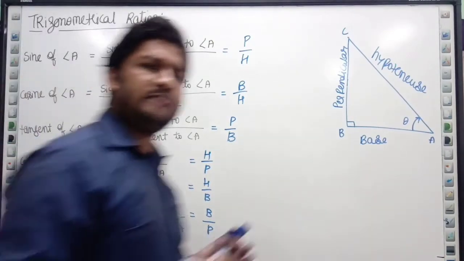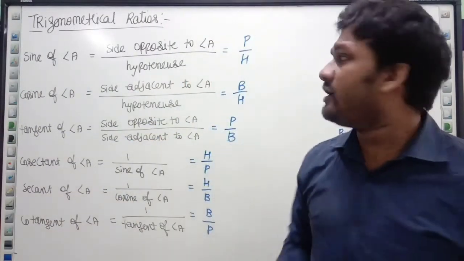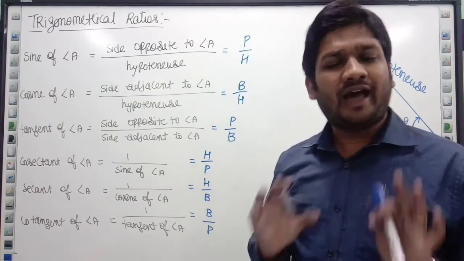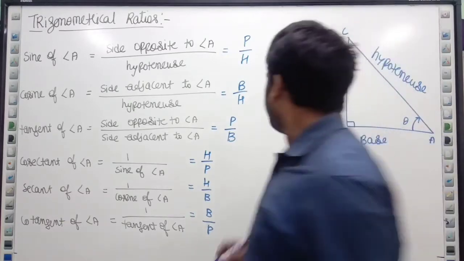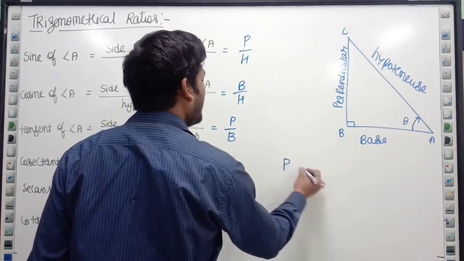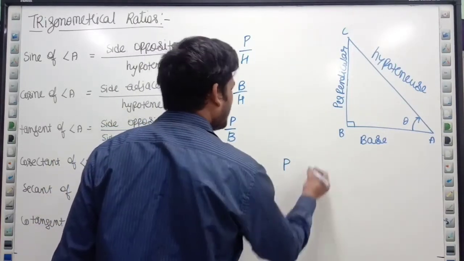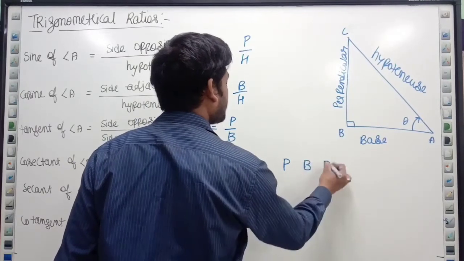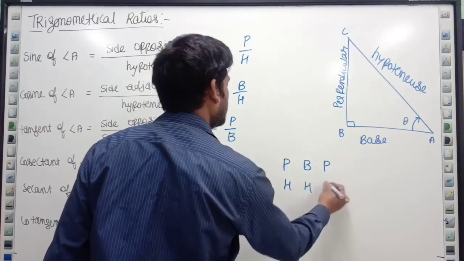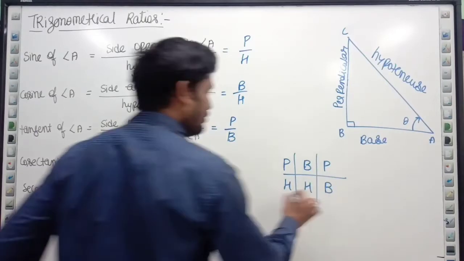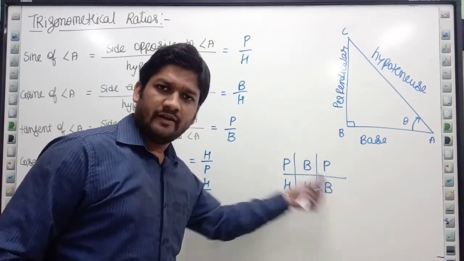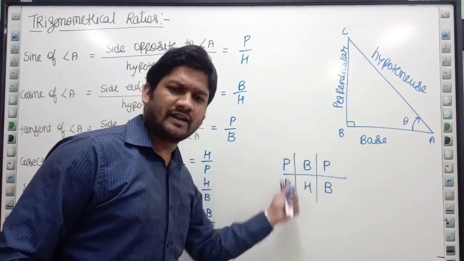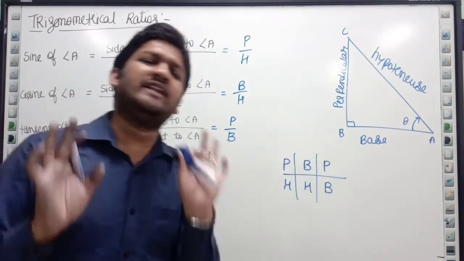Right? Sometimes it becomes difficult for a student to remember this. I generally remember it by this PBH. What we can do, we can remember it by one trick. If I have written this, what does it denote? Pandit Badri Prasad Har Har Bole. We can remember this line very easily.